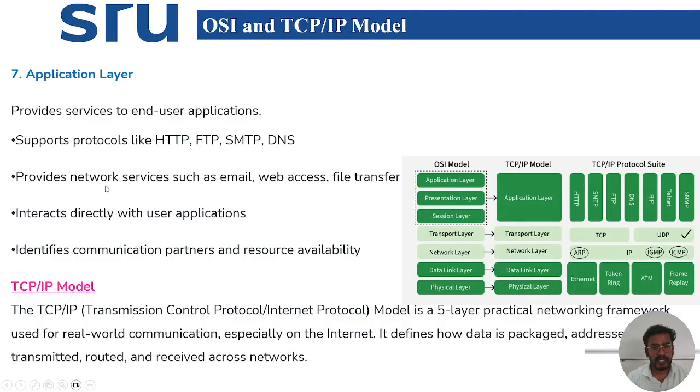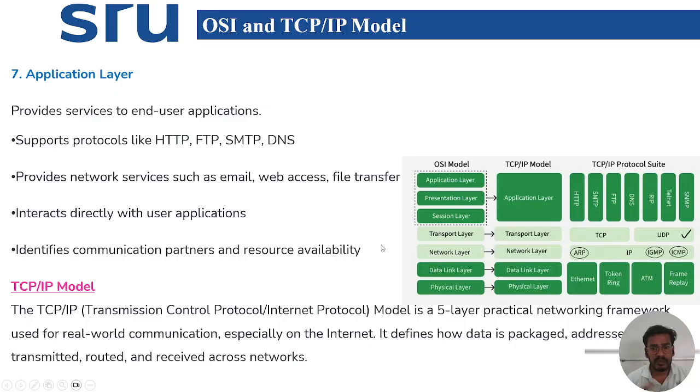It provides network services such as email, web access, and file transfers, and interacts directly with the user applications. It identifies the communication partners and resource availability.